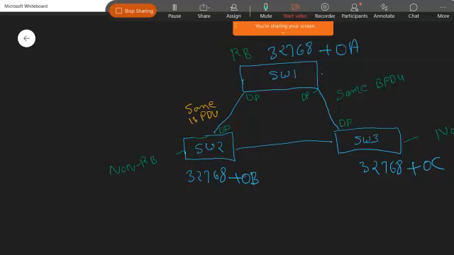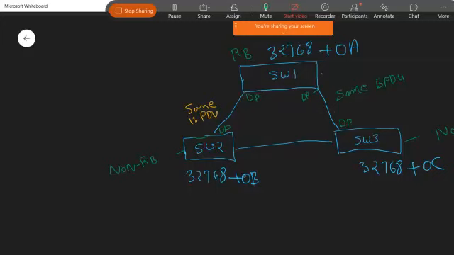Because the switch generates the BPDU messages on the DP ports, right? So we have the same DP ports on the switch, so it starts generating the BPDU messages. These two switches will receive it, right? But now again the election criteria is going to happen between these two switches, like who will be the DP port.